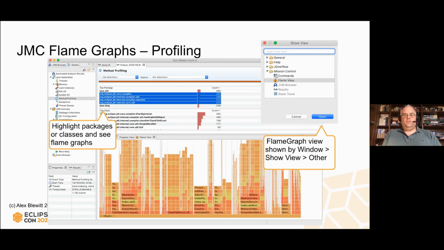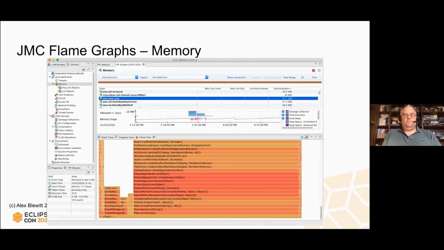But the flame graphs are also useful for showing where memory is used as well. If you want to find out where you're generating lots of a particular type of object, you can have a look at the memory analyzer. And again, it will then capture where these classes are being created inside your program, in case it's not obvious